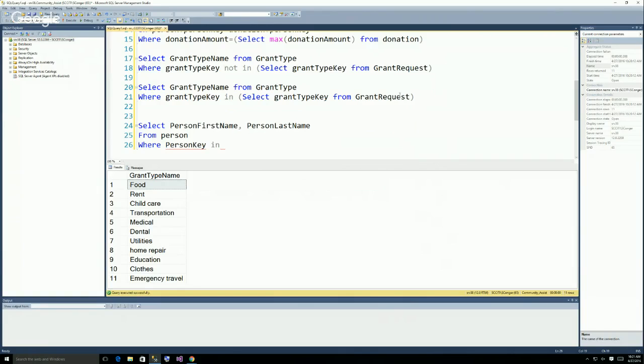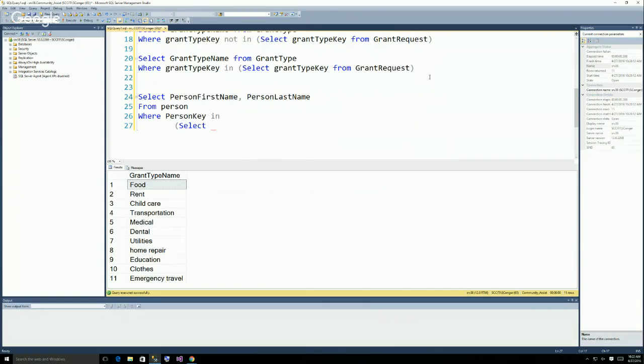And then I'm just going to break the line here. You don't have to, but select person key from employee where employee key in, and then I'm going to do another select,